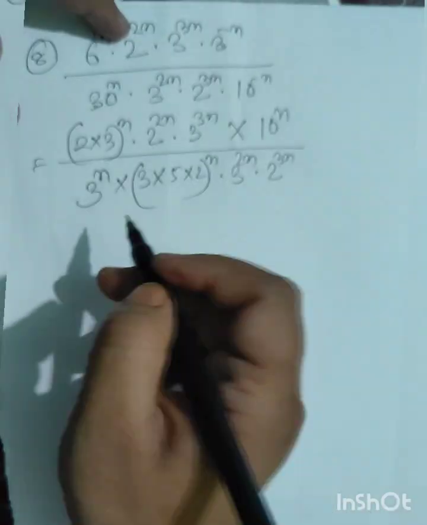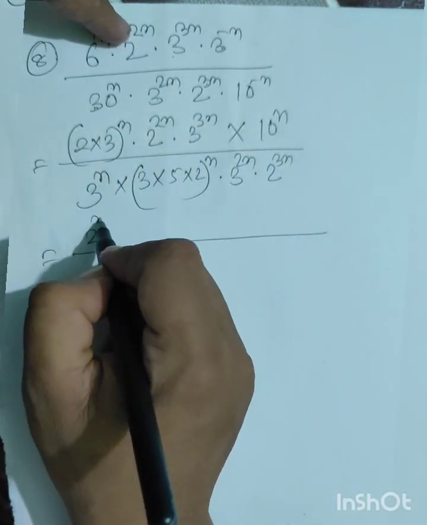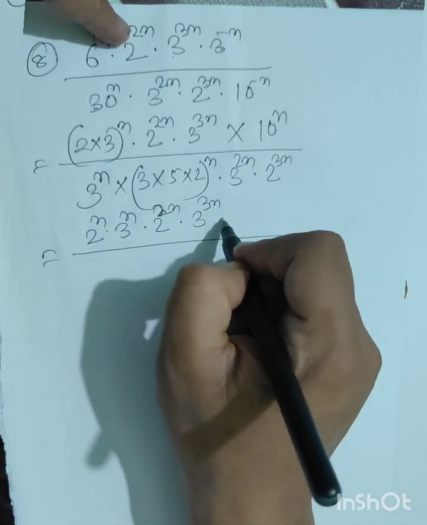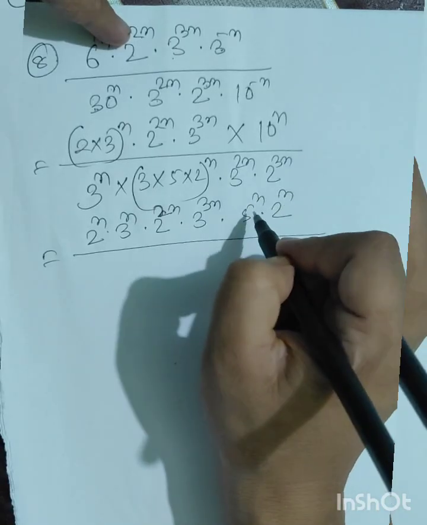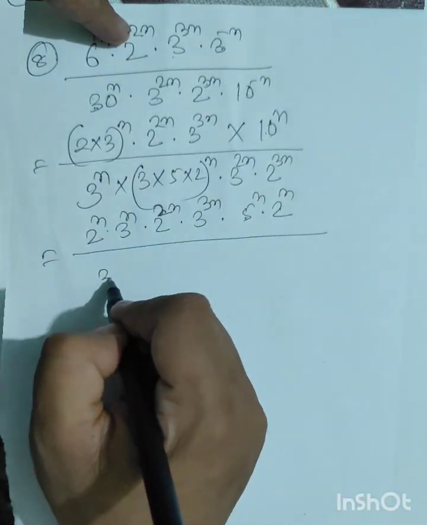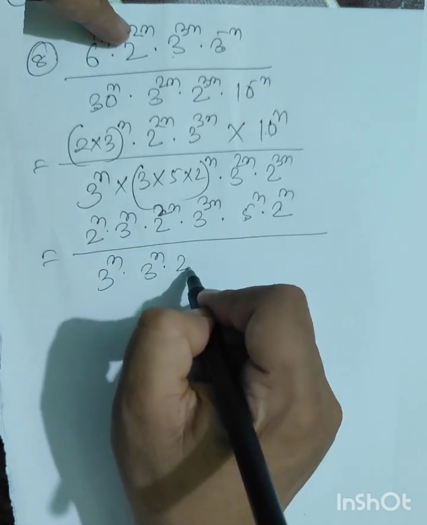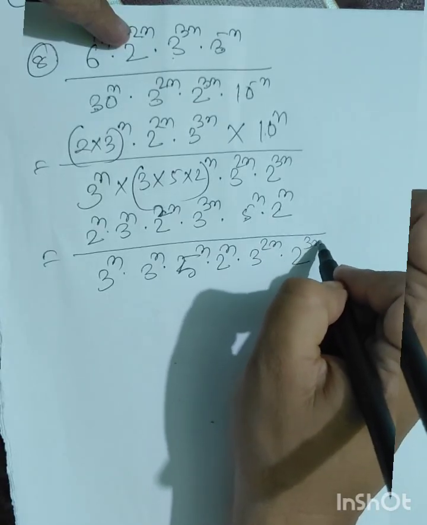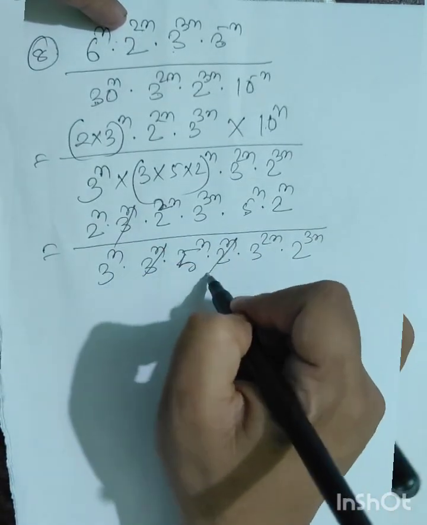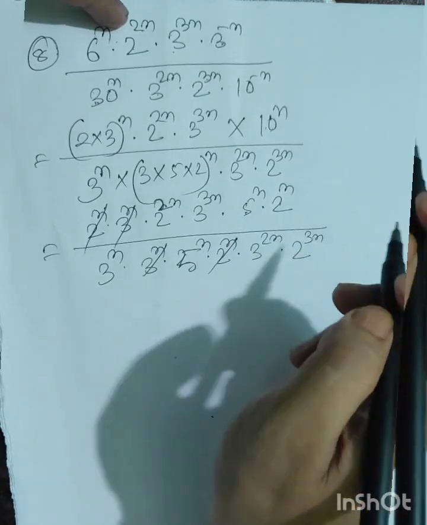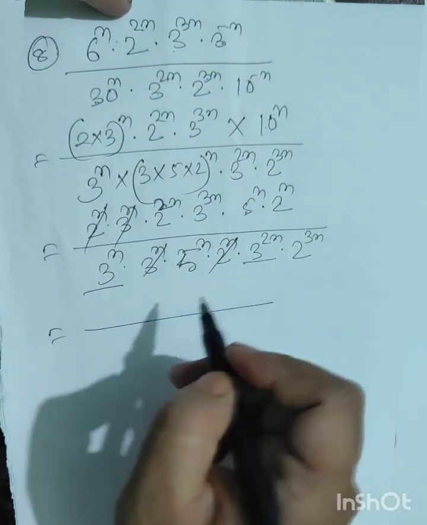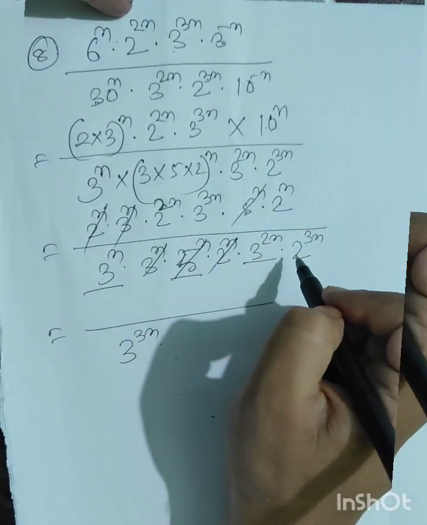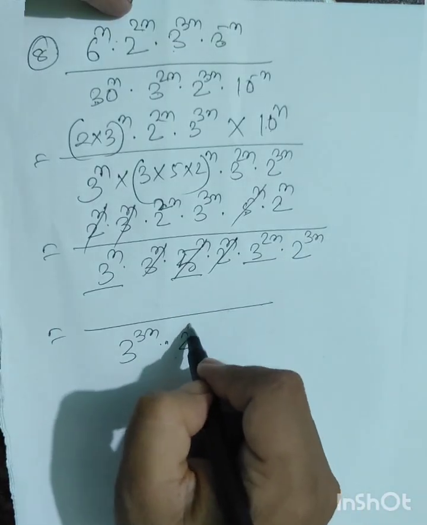আৰু 10 to the power minus n টো ওপৰত আনিলে প্লাস n. এতিয়া ইয়াক ভাঙিম 2 to the power n, 3 to the power n, 2 to the power 2n, 3 to the power 3n. ইয়াক ভাঙি দিম 5 to the power n আৰু 2 to the power n অৰ্থাৎ 5 পূৰণ 2, 5 দুগুণ 10. ইয়াক 3 to the power n, 3 to the power n, 5 to the power n, 2 to the power n, 3 to the power 2n আৰু 2 to the power 3n. এতিয়া 3n, 3n cancel যাব, 2n, 2n cancel যাব. তাৰ পিছত বাকি থাকিল 3 to the power n আৰু 3 to the power 2n অৰ্থাৎ 3 to the power 3n. 5 to the power n এটু cancel যায়, 5 to the power n আৰু 2 to the power 3n